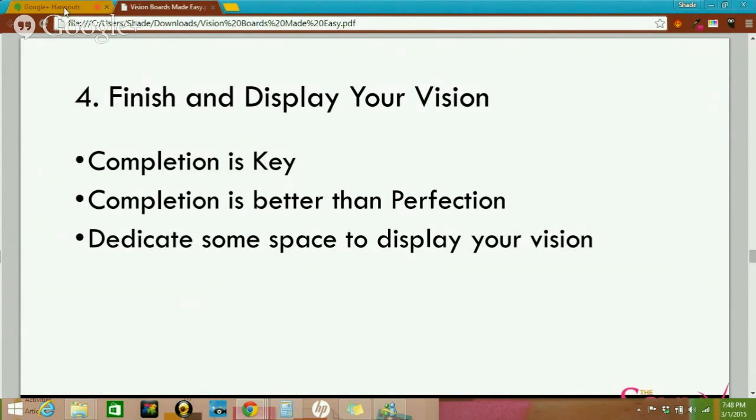And going back to this part about completion is better than perfection, becoming a PhD student, this has been so important and powerful to me. Because before I became a PhD student, I thought, oh my goodness, you have to make this long and daunting research paper, and it's going to be so long, and it's like your life's work, and it's going to be this huge, big thing that you must do.